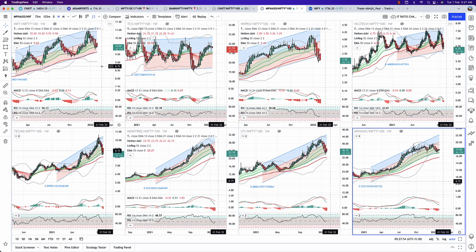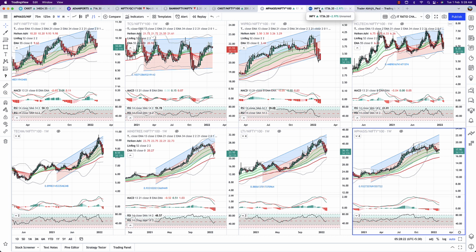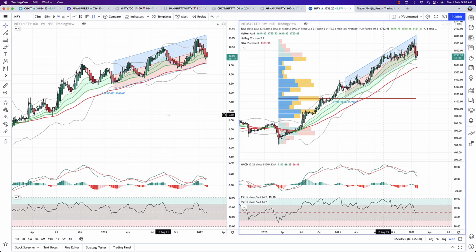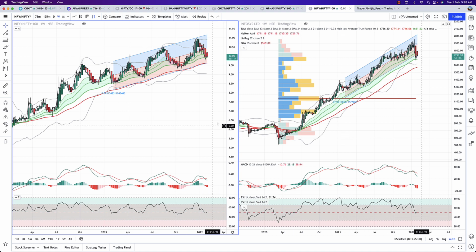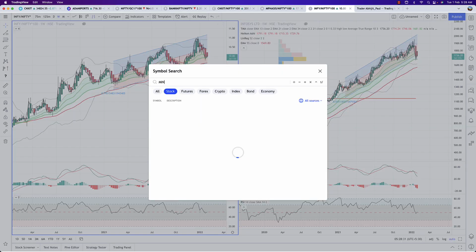The bigger ones, Infosys from a very long perspective, I think stands out great. So does HCL Tech and Wipro, and so does TCS, but I would say it will definitely be Infosys. So if you like to buy stocks when they correct, and now that the IT stocks have corrected, I would suggest you make a list: Tech Mahindra, Mindtree, LTI, Infosys, then the large caps. I've spoken for quite some time in this video, but I'll try and do this for Mindtree here for you, and show you what exactly I am suggesting.